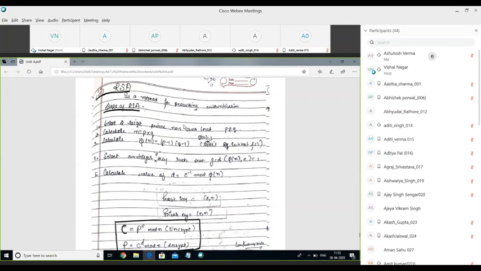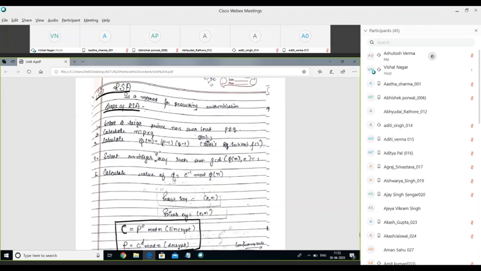First of all, we take two large prime numbers, p and q. Then we find the product of these two prime numbers, p and q, as n. Then we find a modular function phi n, which is (p minus 1) into (q minus 1). That is called the Euler totient function. Then we select an integer e such that e is relatively prime to phi n, that means there is no common factor of phi n and e.